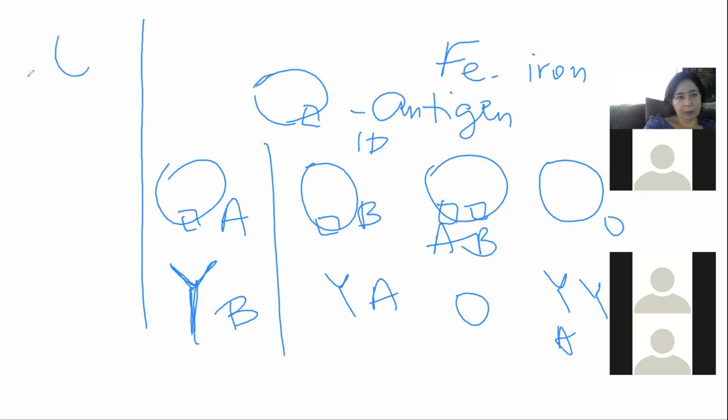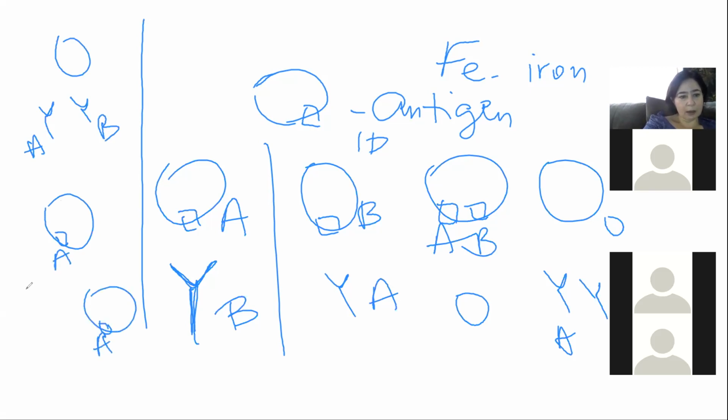Let's say you are O, so you have antibodies for A and antibodies for B, and you get blood type A instead of O. You get a bunch of red blood cells with antigen for A. So this is yours and this is not yours. Now your antibodies are going to bind, like key and lock. So they match. So when antibodies bind to other red blood cells,